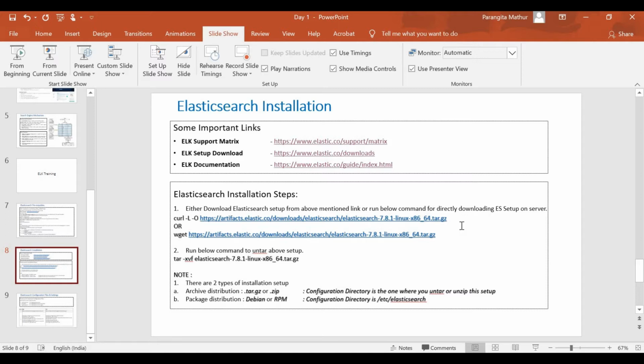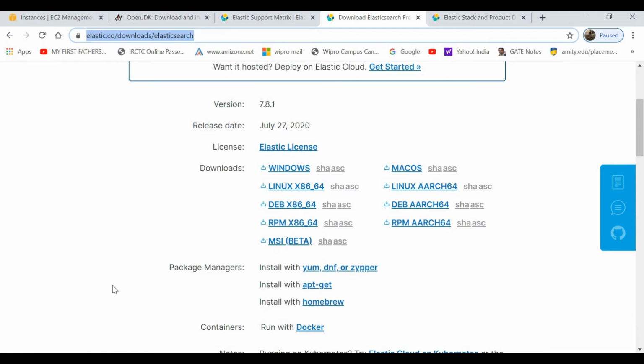I'll be running these commands. The difference it makes is that many a time internet is not available on all of your servers, so you might find difficulty in running these commands. At that point, it's better that you download it from here and then move these packages to the particular servers where you want to install Elasticsearch.